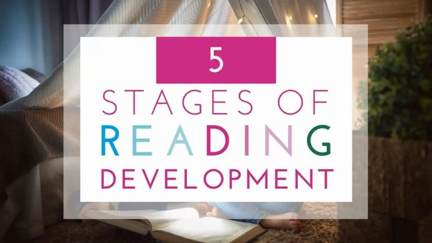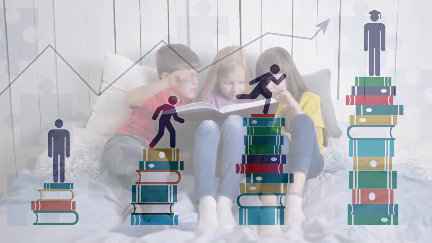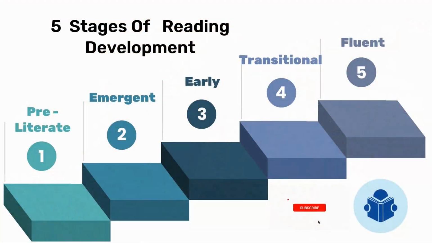The 5 stages of reading development. A reader goes through a number of stages of development. At the beginning, a reader is learning to read. Later, the reader is reading to learn. Here are the 5 different stages a student reader goes through as they go from learning to read to reading